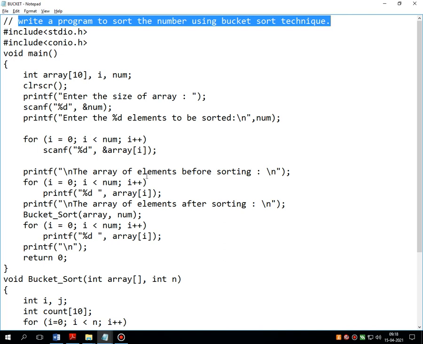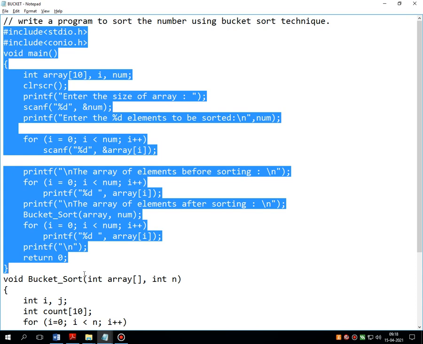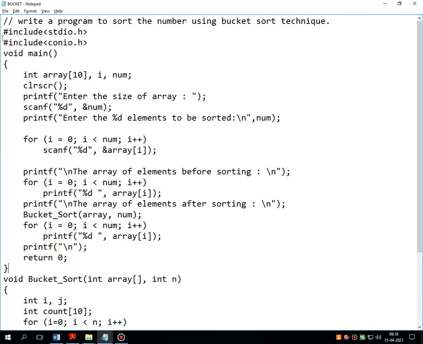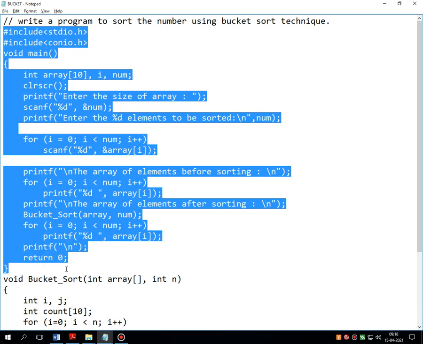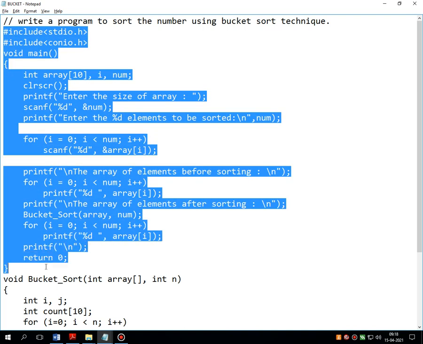Then pause the video and write down all these selected lines. Write every line very carefully. Don't miss any comma, semicolon, variable name, anything. Just note down every line properly. That means write down all these selected lines.